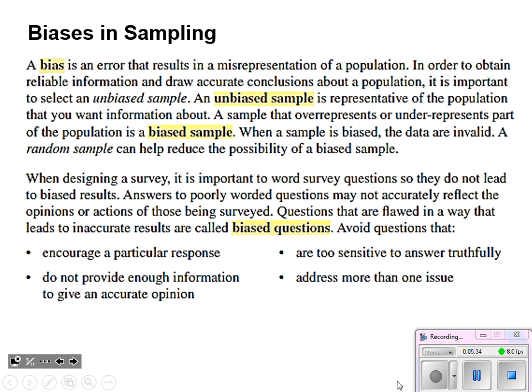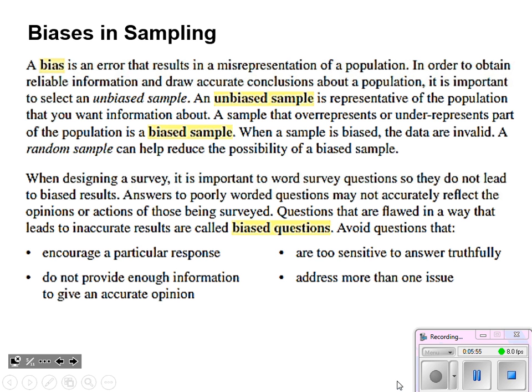So that's why having a random sampling somewhere in our process helps reduce that possibility, because we are randomly selecting people, not just having people that have strong opinions answer that survey. Now, we're not going to be designing surveys ourselves, but again, think about what went into making a survey.